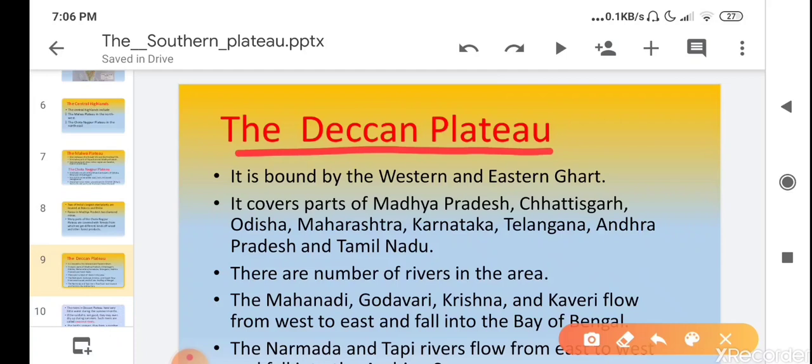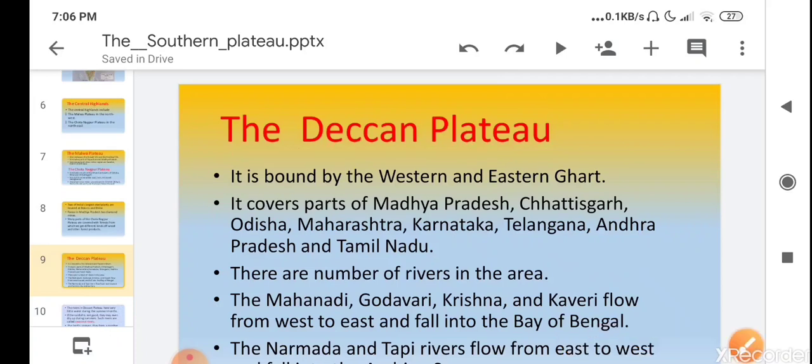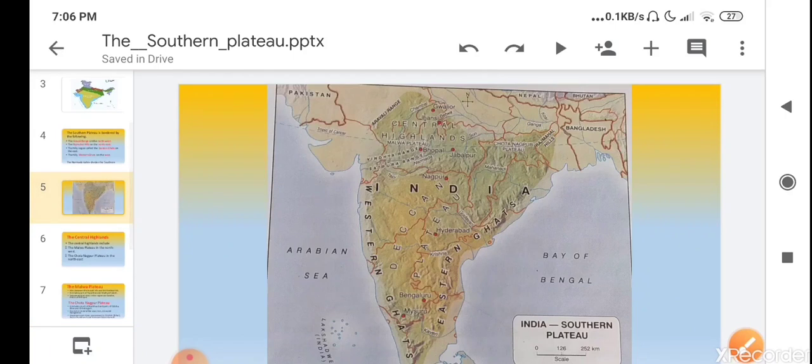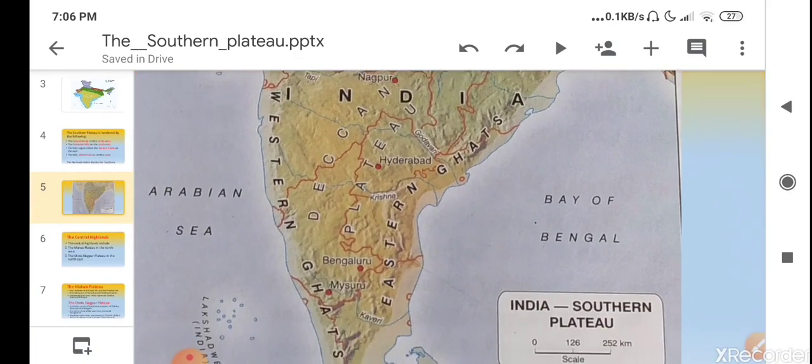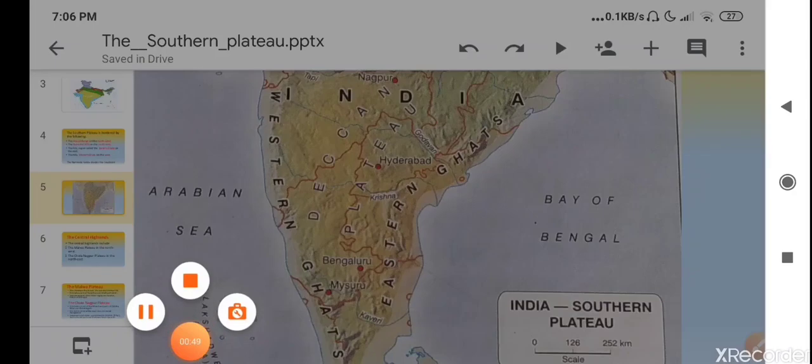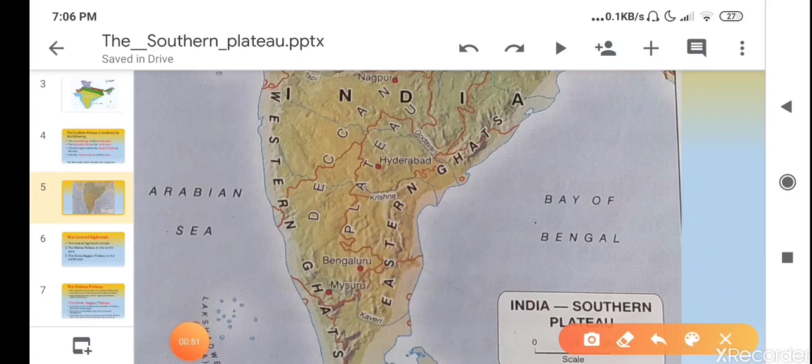Children, the Deccan Plateau is bounded by the Western and Eastern Ghats. You have seen already on the map.